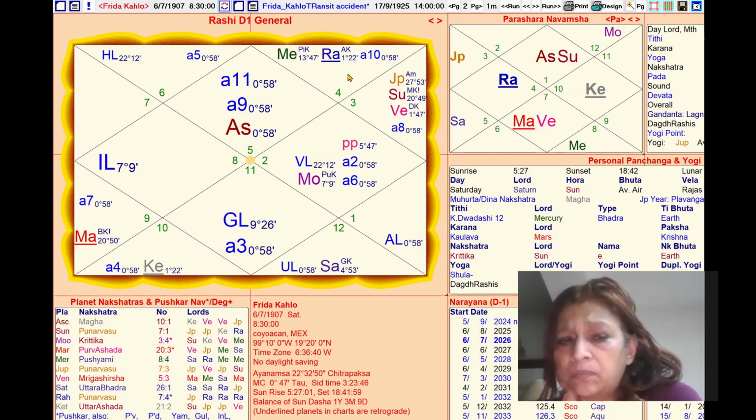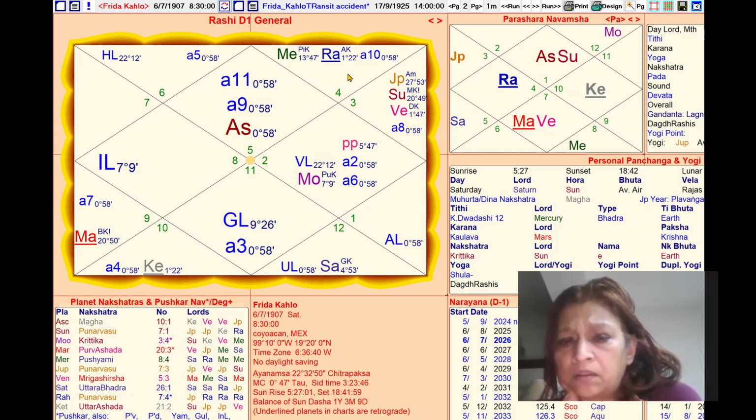And he was also a big communist. Yes. But that I'm not sure I can say with Mercury, Rahu is a communist. Well, he was. Well, that's his chart. That's not her. It was him. Yeah. But he did have a lot of relationships outside of Mexico, and introduced her to a lot of people from out of the country, a lot of foreigners that she didn't know before meeting him. So that just goes to support that Rahu.